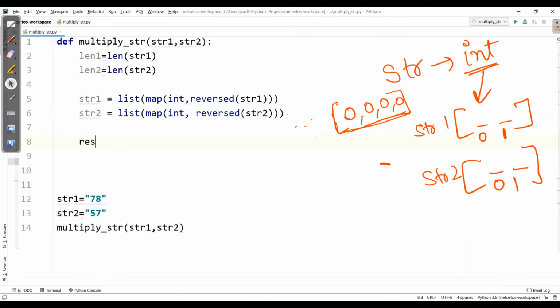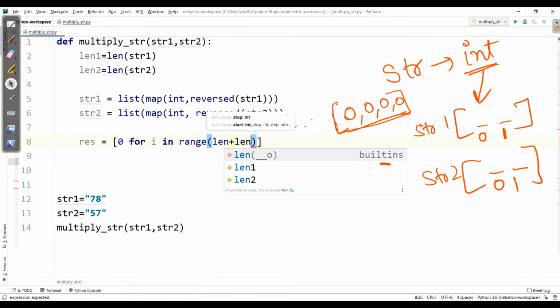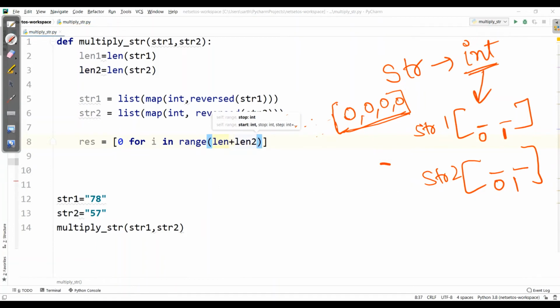So I'll write res is equal to 0 for i in range len1 plus len2. 2 digits of str1 and 2 digits of str2, so it will be 4 digits in total, where I'll have 0.